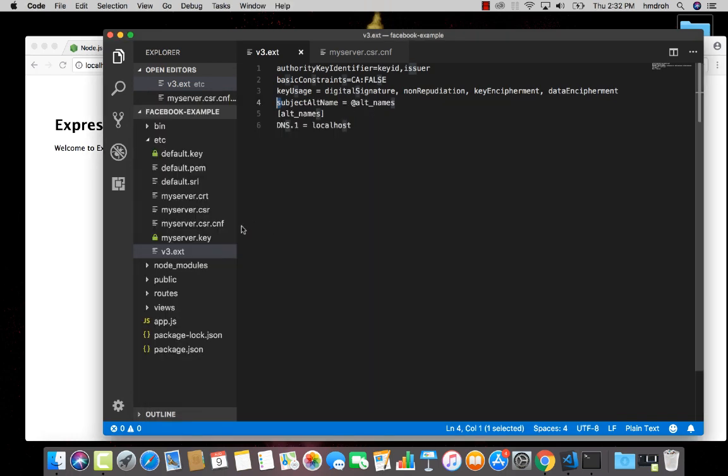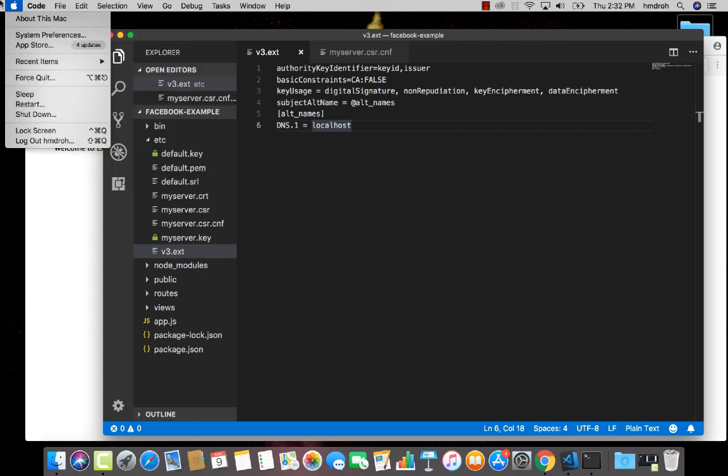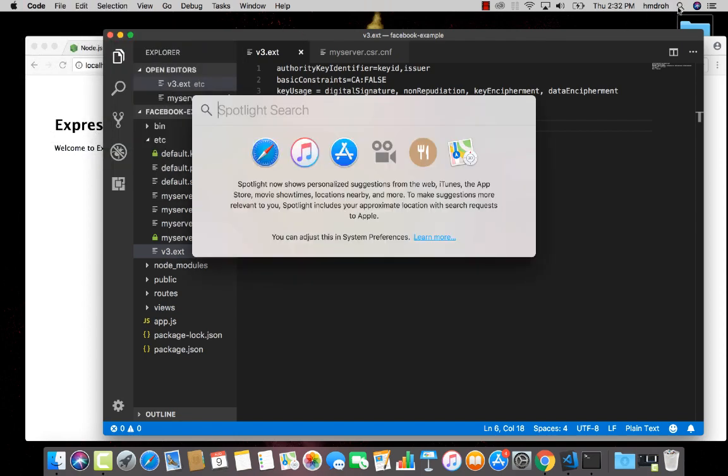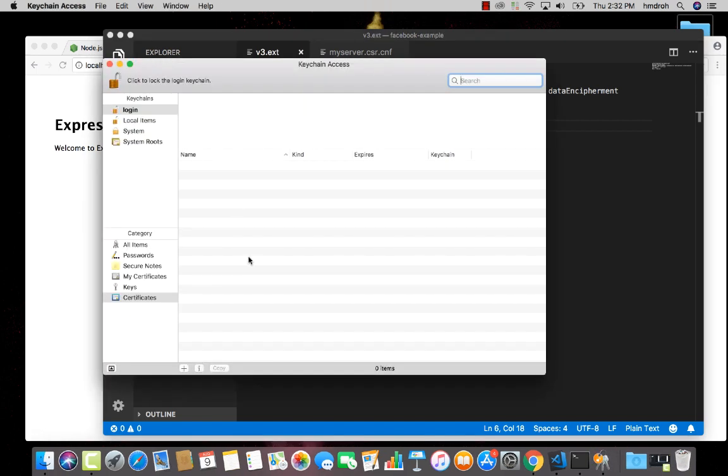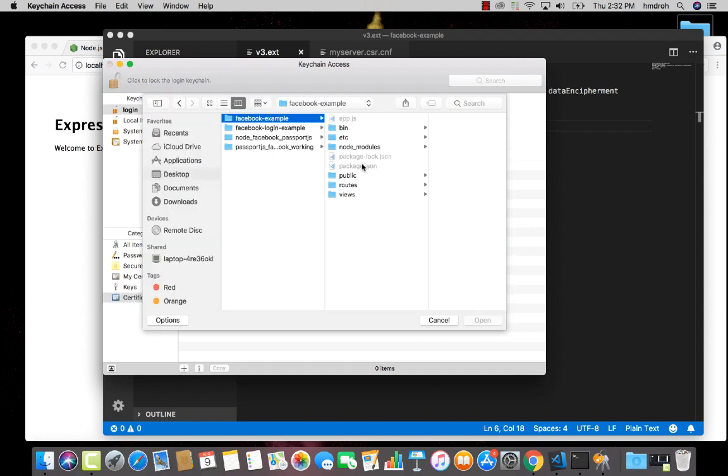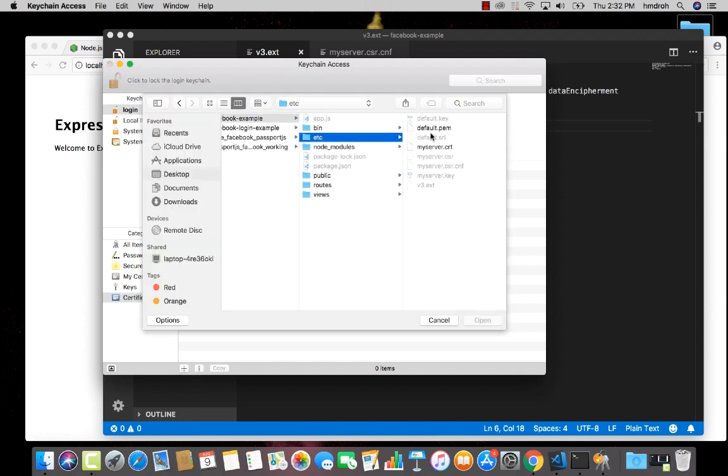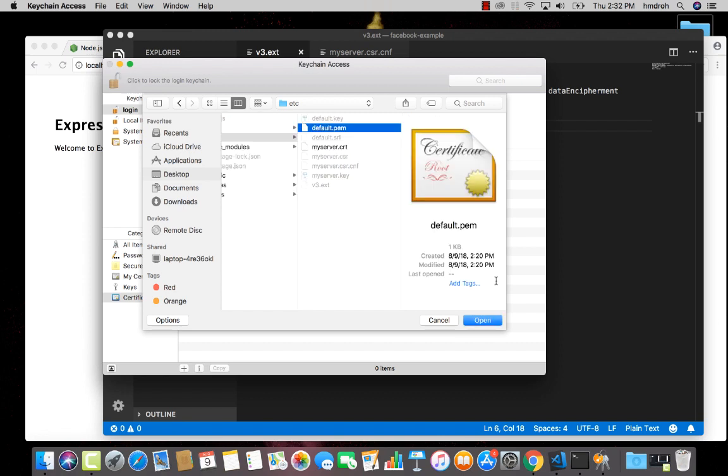So now I need to load the default.pem file into the certificates in Keychain Access. I first go to my quick search and write Keychain Access, then click on Certificates here and add Desktop. I'm going to go to the etc folder and click the default.pem. Click open here